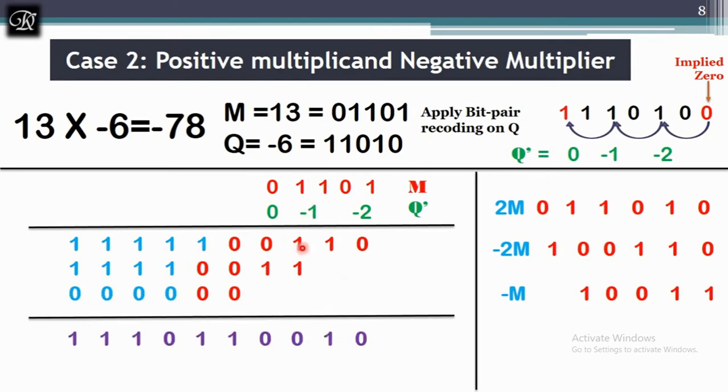0, it is 1, 1 plus 1 is 0, carry is 1, and now 1 plus 1 is again 0, carry is 1, 0 is there, carry is written as it is, and 1 as it is. 1 plus 1 is 0, carry is 1, 1 plus 1, 2 plus 1 is 3, carry is 1, and again 2 plus 1 is 3, 1 and carry is 1, again 2 plus 1 is 3, 1, carry is 1. We will stop, we will ignore the carry over here because we are considering only 2n bits. This is negative 78.